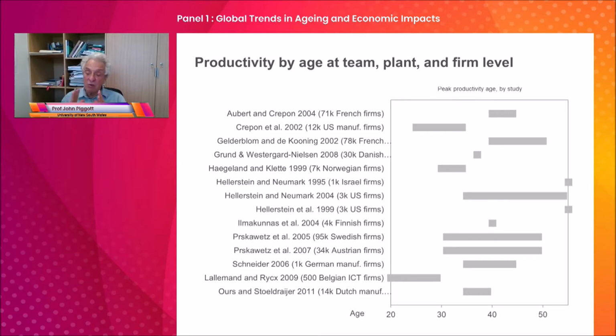And it's kind of interesting. What you find is that maximum productivity tends to be 40 plus, right? That sort of central line, that's where most of these grey bars lie. The one exception is a firm of information and communication technology, an ICT firm, or a set of ICT firms in Belgium, and that led to high productivity being at a very young age, right? But most of the others, manufacturing or more general populations of firms, there was this kind of middle ground, middle